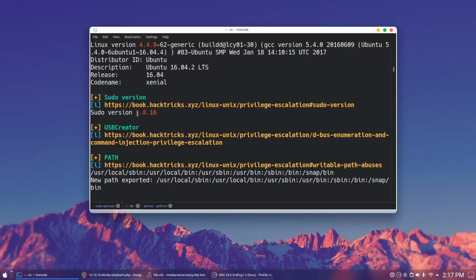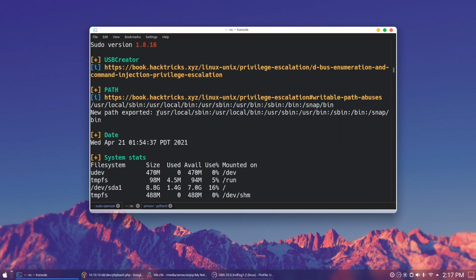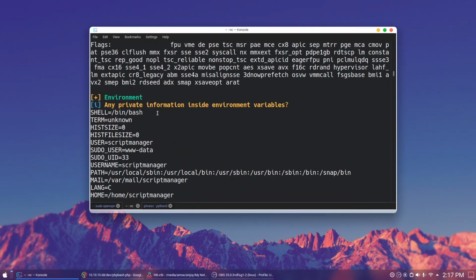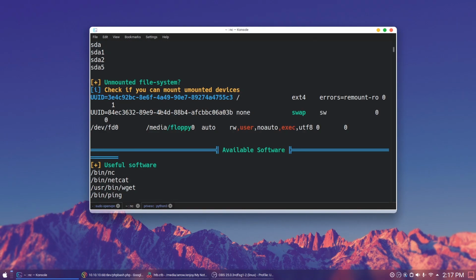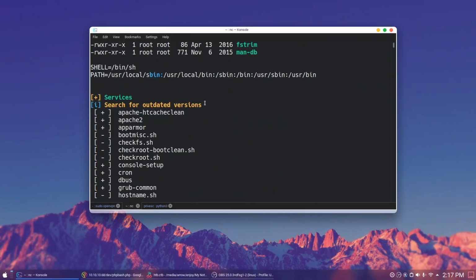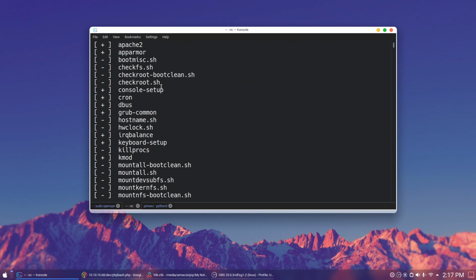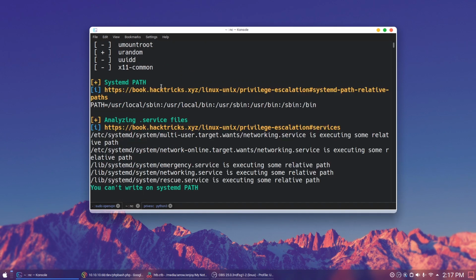Sudo version 1.8. So if you scroll up, you can see there is a cron job running on the folder scripts with the root permission.